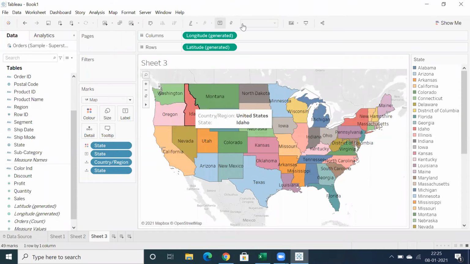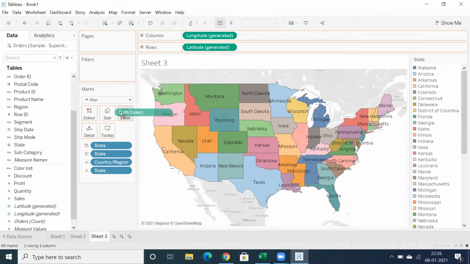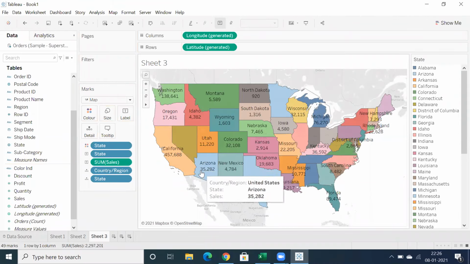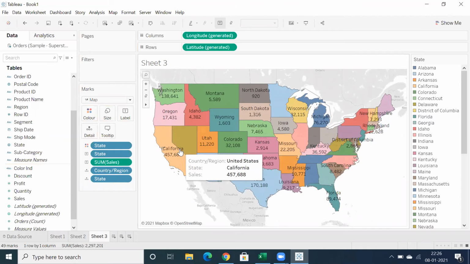Yeah, so we have state-wise sales. If you want to make use of sales information, you can showcase state name and sales information in this map, which is United States-wise sales. Or if you want to differentiate with different colors, you can also apply different colors.